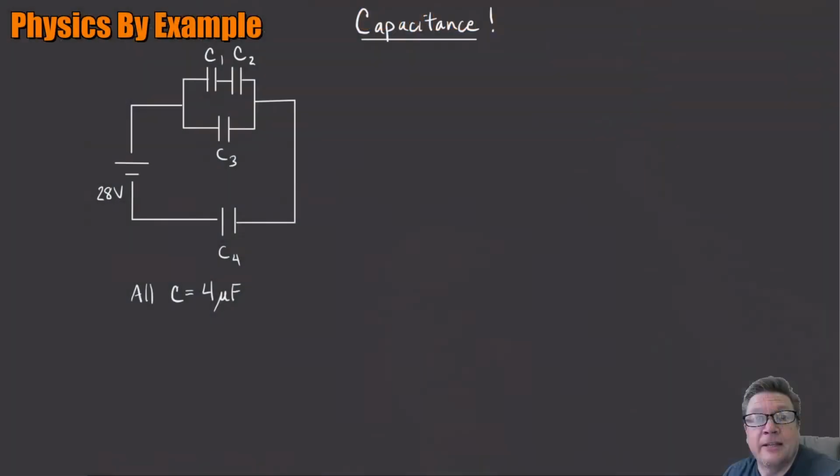Okay, now let's look at examples of capacitors in a circuit, and let's see how to calculate some circuit quantities. Let's suppose I've got this little circuit hooked up to a 28-volt source, and all just to keep things easy for now, and you'll see how you can change it. All capacitances here are 4 microfarads, let's say. They're all identical. So let's